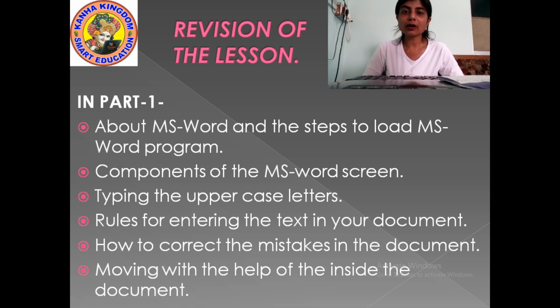How can you move your cursor with the mouse in the document, isn't it? The first point was when the mouse pointer is completely outside the document, not in the MS Word document. When it is outside the document, it looks like a hollow arrow facing to the left. Then when it is in the document margin area, the arrow always faces to the right. And when you move the mouse pointer over the text, it looks like a capital I.